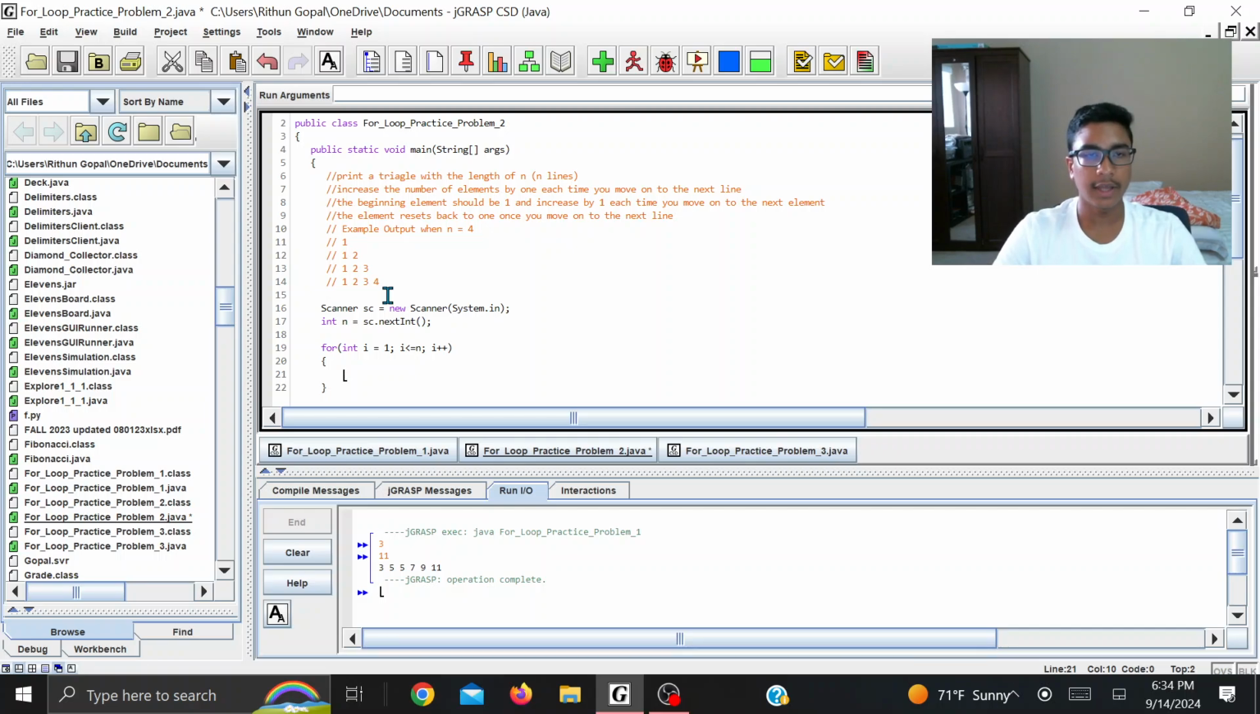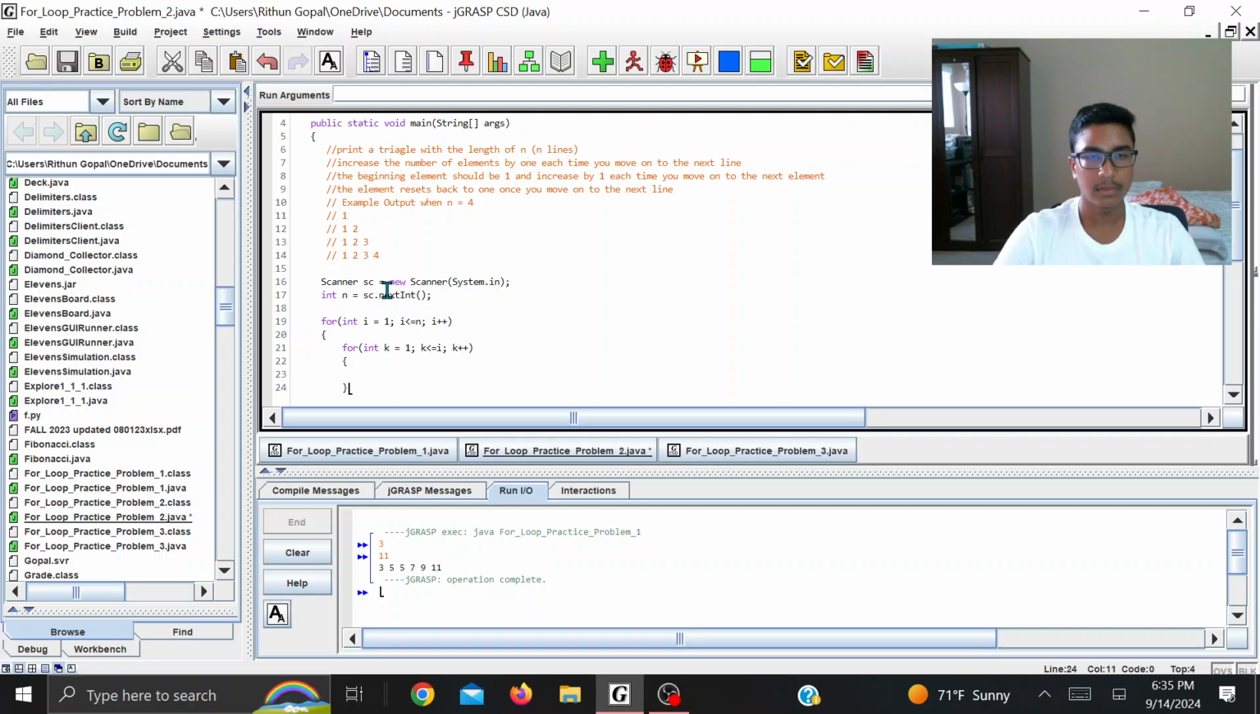Now we want to print out the actual value. First we see that if it is line 1, we only print out 1 element. And if it's line 4, we only print out 4 elements and increment by 1 each time. So we start with element number 1 and we go all the way up until the line number. So let j equal i. And if that's the case, we just print out